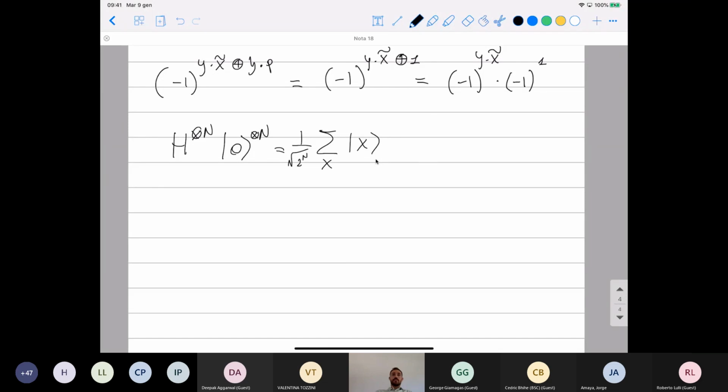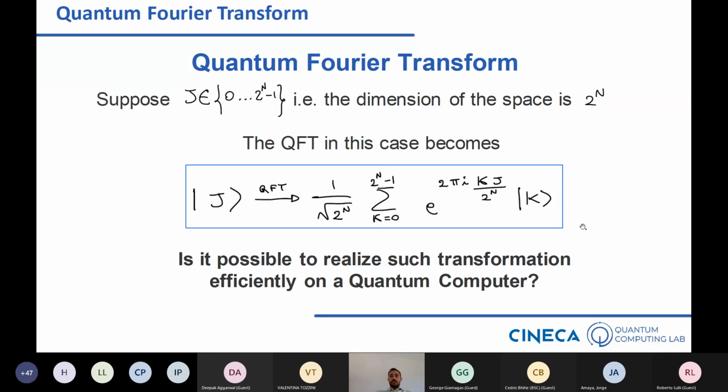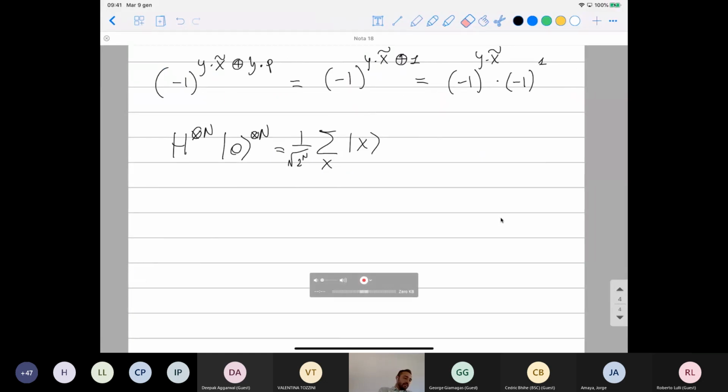It's a special case of quantum Fourier transform. Here j is 0, 0, 0, 0, 0, 0, which is 0, let's say. But in general, you can have j